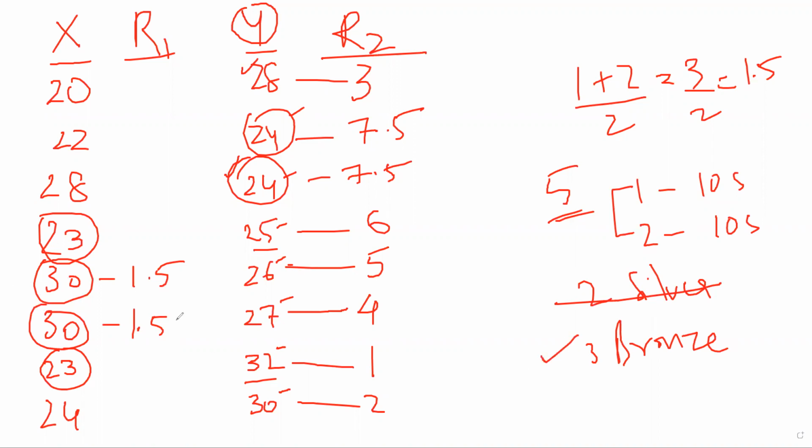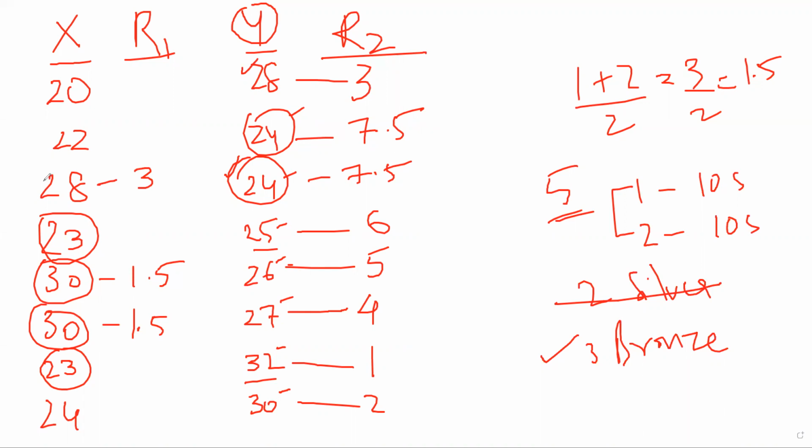So the first rank and second rank are already taken by 30. The next value, which is 28, will get the third rank. I hope you are understanding the logic here. Second rank will not come because first and second ranks are both taken up by 1.5. Normally, if these two were different, let's suppose they were 31 and 30, you would have gotten 31 as first rank and 30 as second rank. In this scenario, both are the same. That is why I'm getting 1.5, 1.5. I will not get a second rank. I will get a third rank.